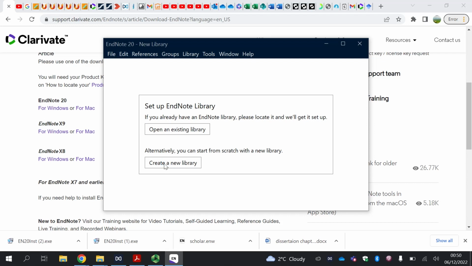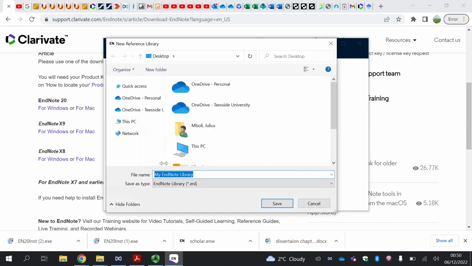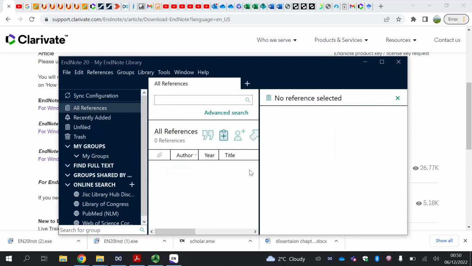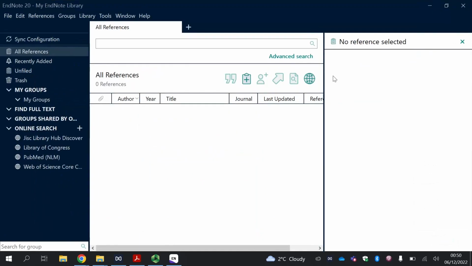So remember that you need to create an online account first. That's why it is important to watch the previous video before you come here. So I'm just going to save this EndNote here. Now the folder is created basically, and you can see there is no reference here at all. Excuse me. So what I need to do is to synchronize this library with my online account so that I start receiving updates from here. Every time I add a new reference, it will come here and also be backed up online. How to do that is